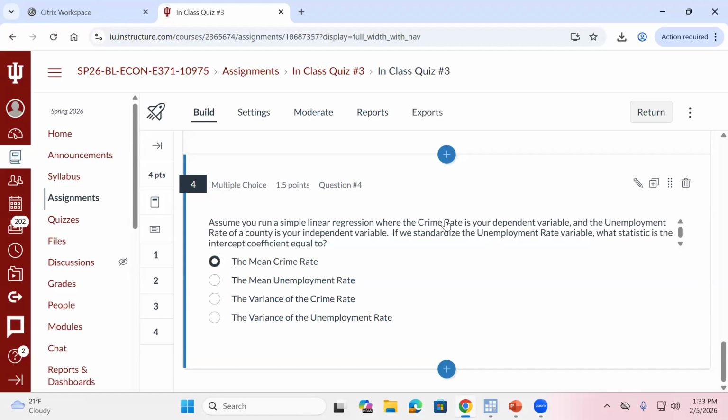Because if I standardize it, we're going back to that mean point of the X variable. That should also be the mean of my Y variable. So here, the mean of my Y variable would be that intercept coefficient. Just like earlier, we had 2 different variables, but we had kind of the same thing going on.